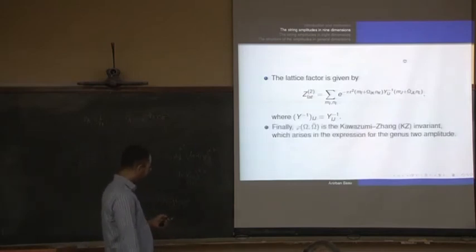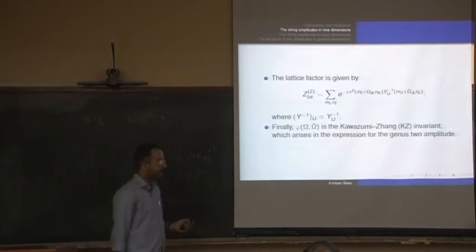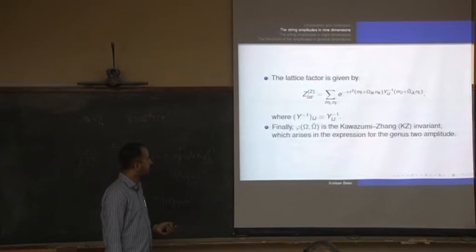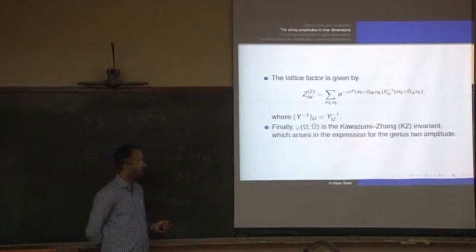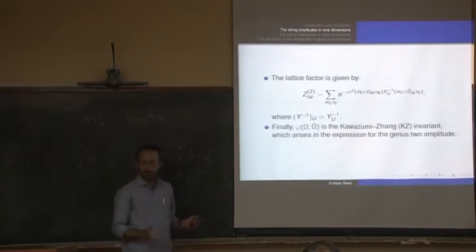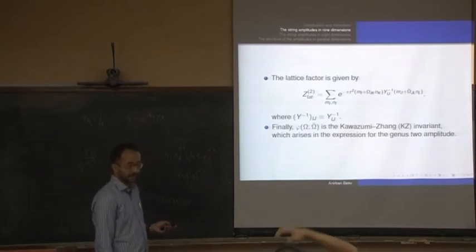And finally, this phi of ω, ω bar, which arises in the D^6 R^4 interaction, is what mathematicians call the Kawazumi-Zhang invariant. It's an Sp(4,Z) invariant on the fundamental domain of Sp(4), and this is quite complicated. So it's not known exactly in a very compact form. But again, I shall show you, you just need to know the asymptotics because everything is local at the boundary. This is the genus 2 counterpart of the Eisenstein series. Exactly.